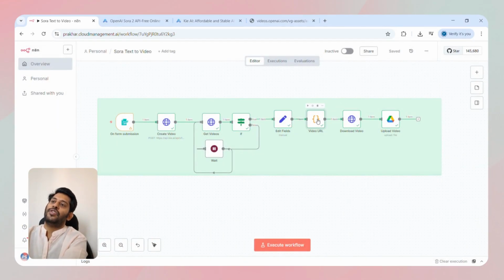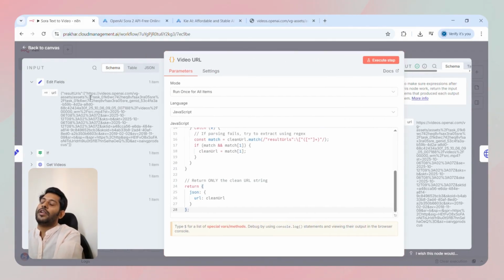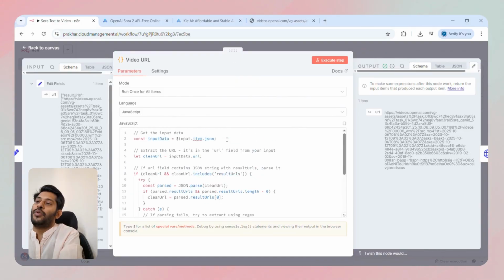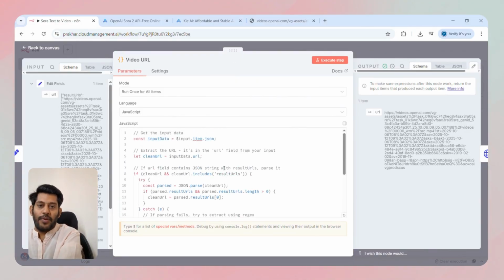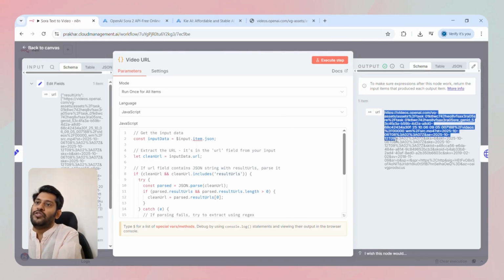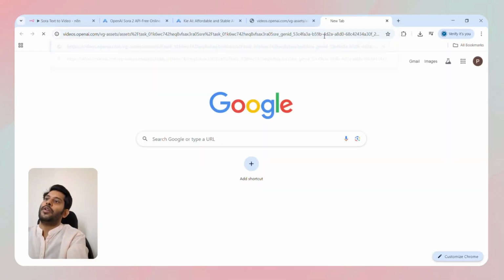And you just need to make sure that you extract the actual URL, because here you see it starts with the results URL, which is not acceptable for downloading the file. So make sure to write a simple code. You will get this in the description, so no need to worry about it. Just simply drag and drop here and you will get this URL. Then simply copy this URL, go to the browser, and paste it, and you will